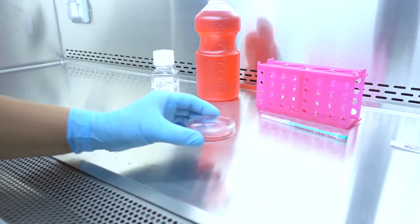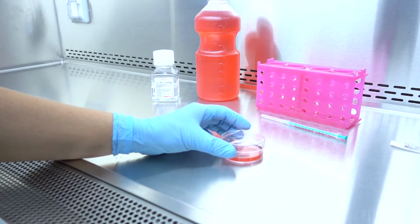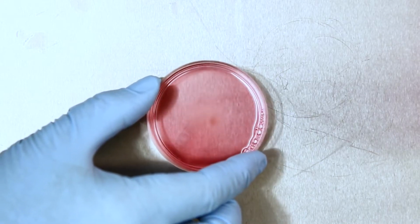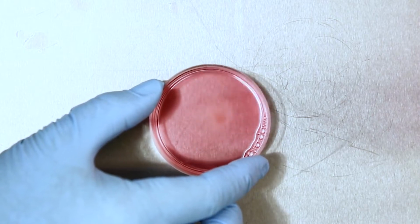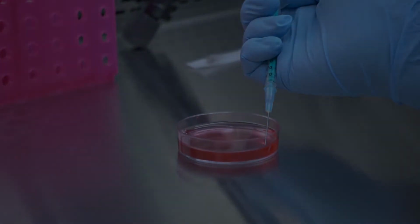Remove the isolated islets from the incubator and place them under a flow bench. Center the islets with the circular swinging motion of the Petri dish. Fill 100 microliters